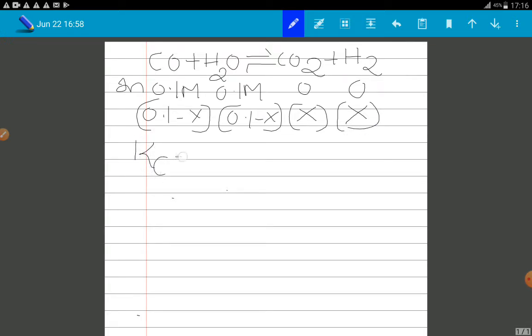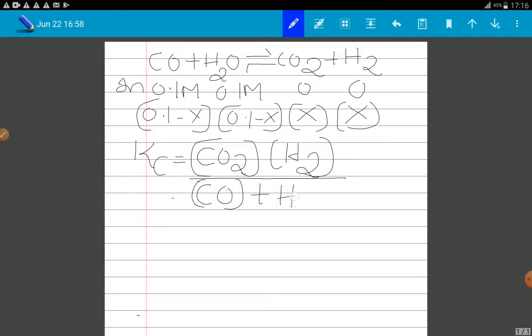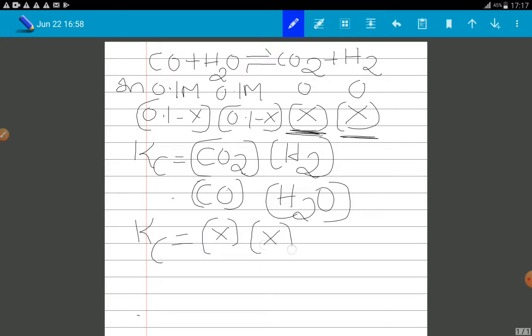Now let us write the equilibrium expression. For Kc, we write the molar concentration of CO2 and the molar concentration of hydrogen, which are the products, divided by the reactants, CO and H2O. Sorry, the numerator is the product, nothing but a multiplication. Now, substitute the values: you have to take only the equilibrium concentrations. We don't know them, so we assume x. The molar concentration of CO2 is x, and H2 concentration is also x.